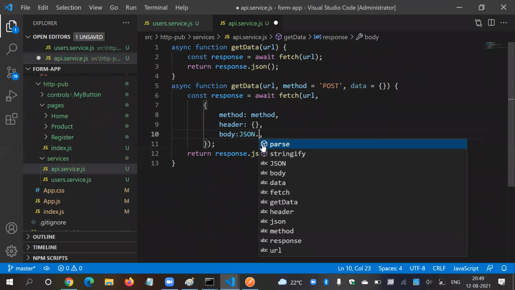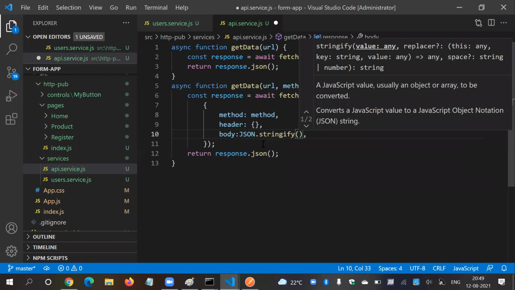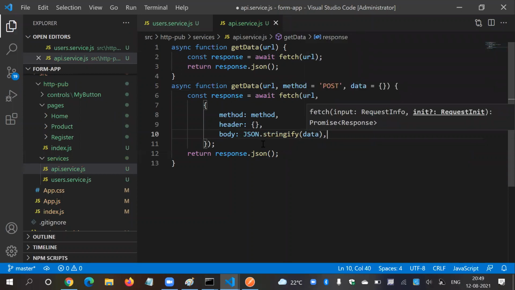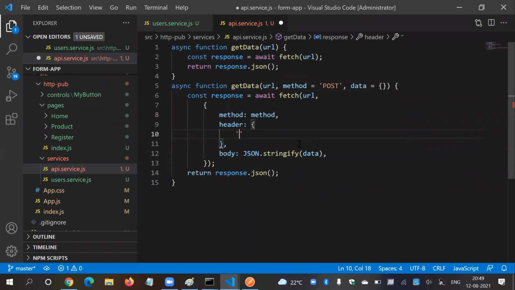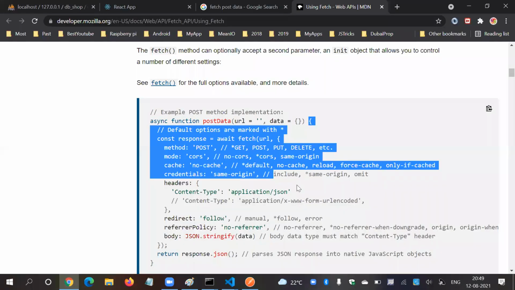Here just say stringify that data, meaning JSON to string. That's it. But in the header, we need one more attribute. You can see content type must be application/json. I think application.json. Let's check, I'm not sure about this, guys.